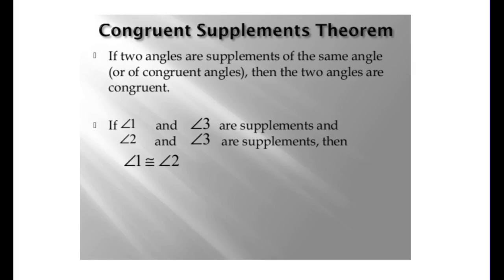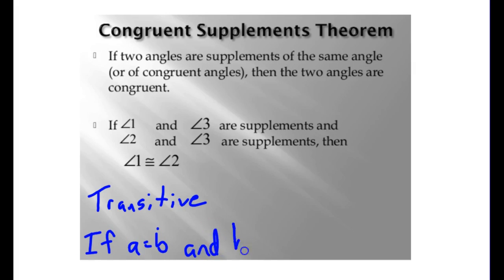The next theorem is called the congruent supplements theorem. This says if two angles are supplements of the same angle, or of congruent angles, then the two angles are congruent. For example, if angle 1 and angle 3 are supplements, and angle 2 and angle 3 are supplements, then that implies that angle 1 must be congruent to angle 2. This is a form of the transitive property. That property says if A equals B and B equals C, then A equals C. You'll realize throughout geometry there's going to be many theorems and postulates that use a form